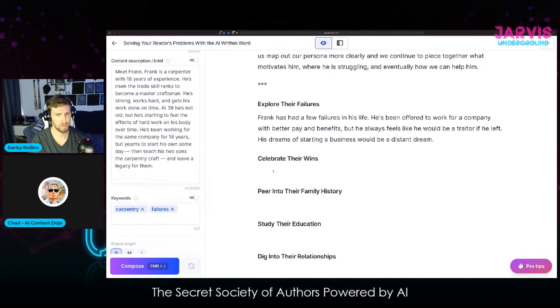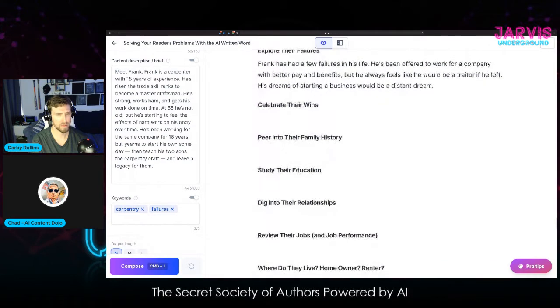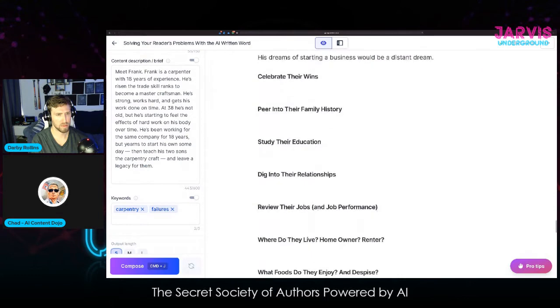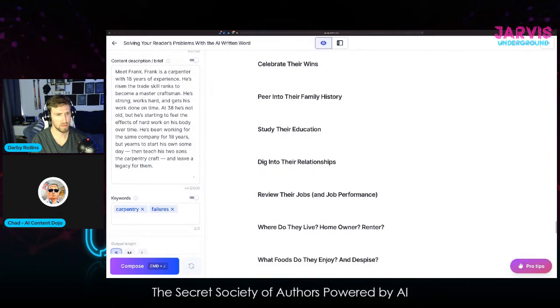So make sure you use Jarvis in that way, as a cooperative tool or collaboration, not a generator of content, and just ask in plain language the things you want. Ask about what are Frank's wins in his family history, or what's his education and relationships. And at some point, you're going to have a really nice persona story for your target reader.